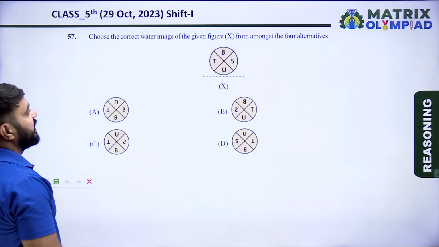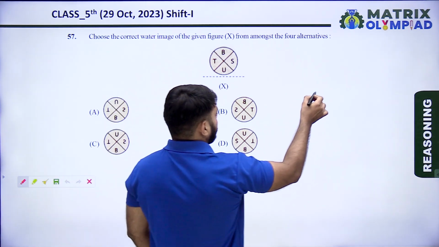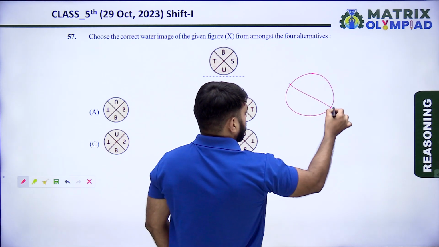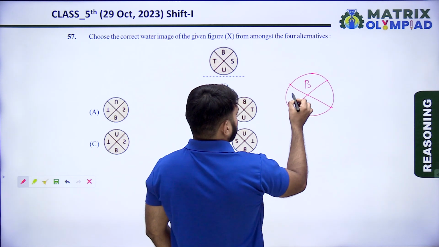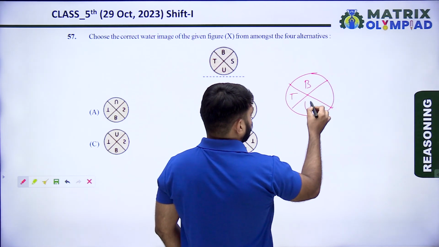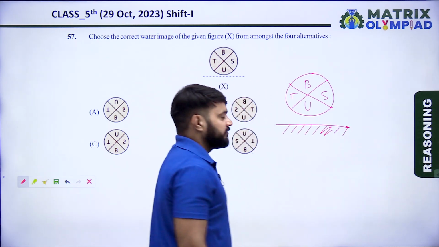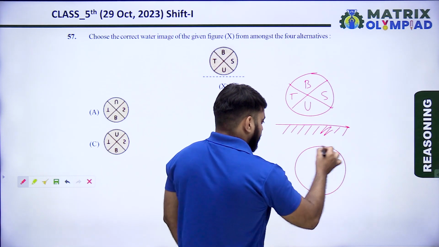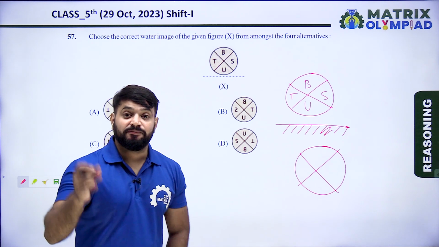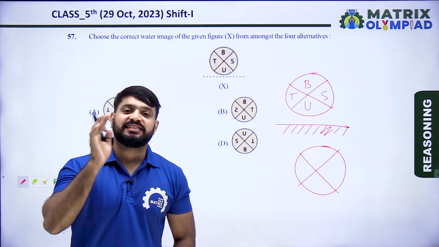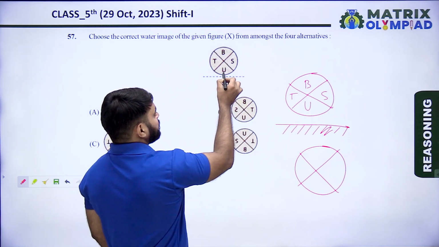Choose the correct water image of the given figure X from amongst the 4 alternatives. So find the correct water image of the given figure. So the figure is BTUS. Find the water image of the given figure. In the water image, the part which is near the water will remain near the water in the water image. So first find the